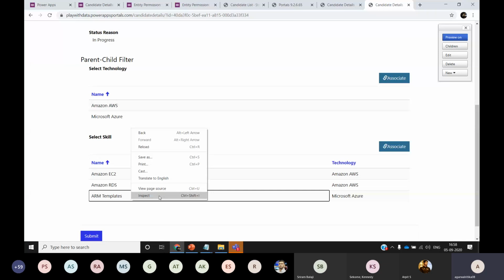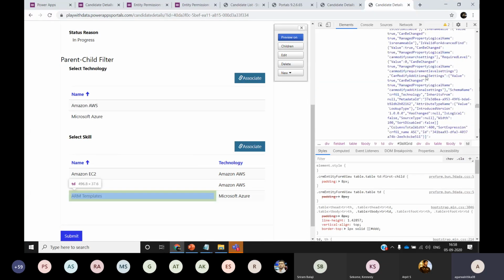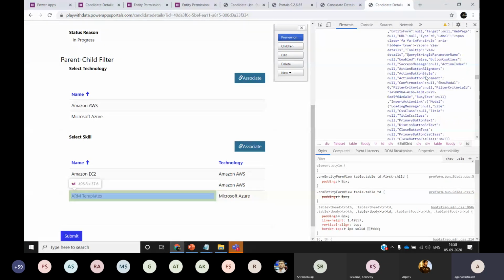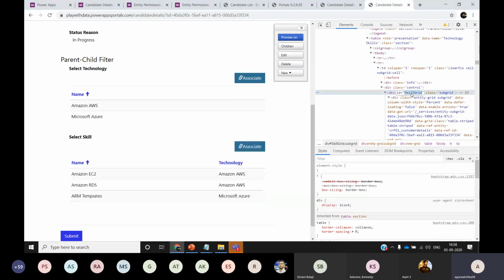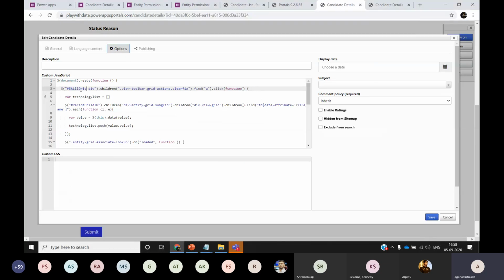So I'll inspect this, and on the right side if I scroll up and hover over this div ID, it is picking the control for this whole subgrid. And here the ID is skill grid. So I can copy that, and instead of child subgrid ID, I can pass skill grid.